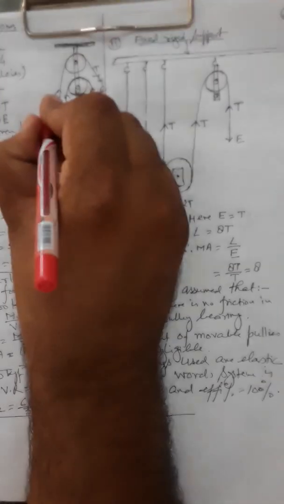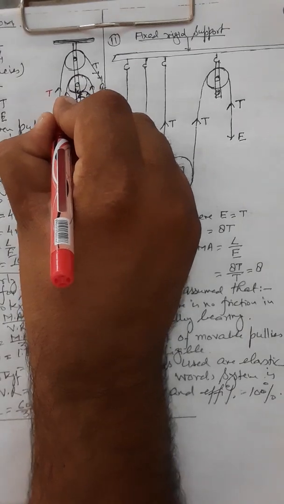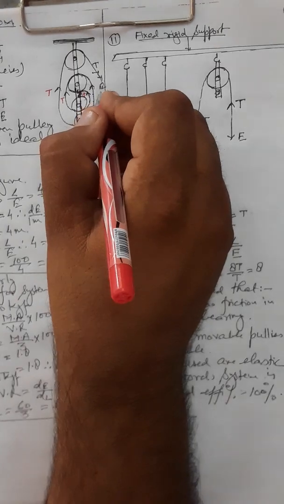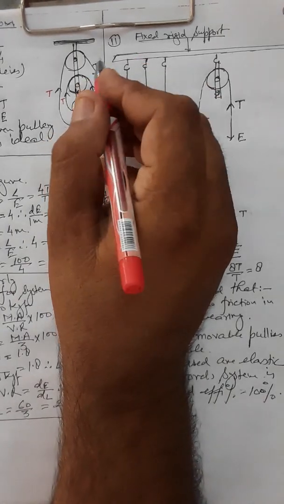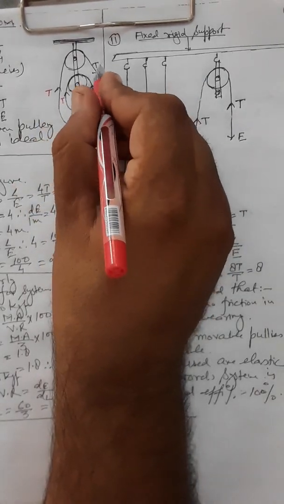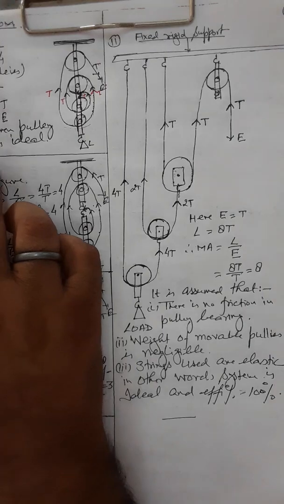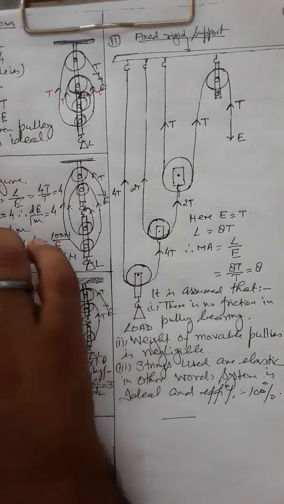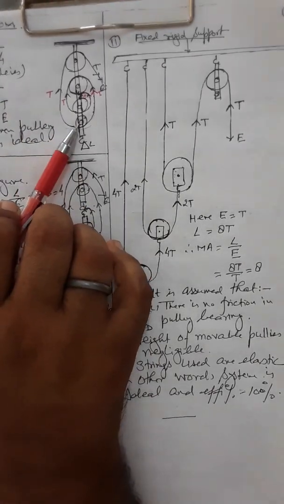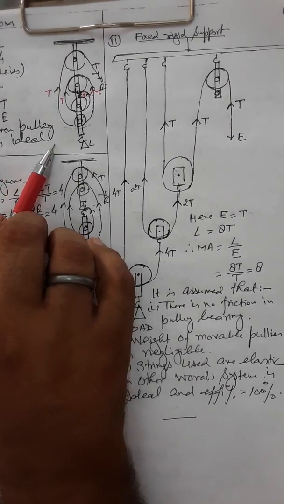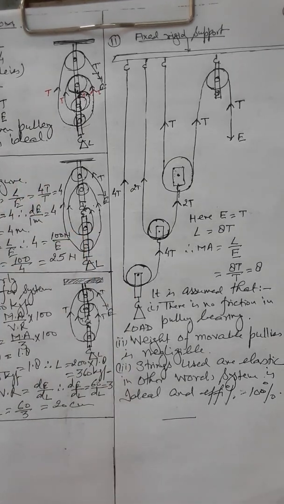And mark the tensions. Tensions supporting the load. 4 strings are supporting the load, and this tension is equal to effort. So the figure we have drawn in part A, they asked to put the strings, and we have drawn the figure. Second, velocity ratio: number of pulleys is 4. Effort is equal to tension T. Load is 4T, that is 4E. The given pulley system is ideal because here mechanical advantage is equal to the number of pulleys.